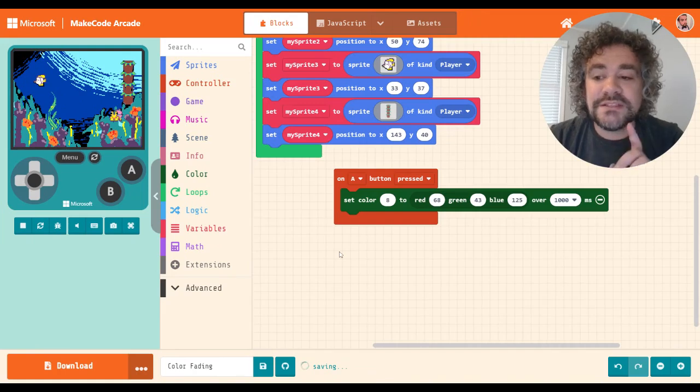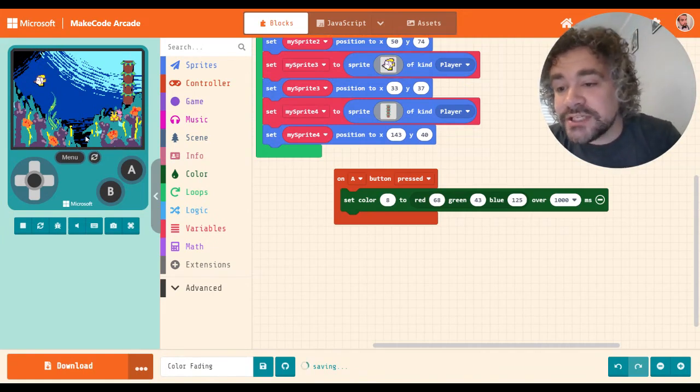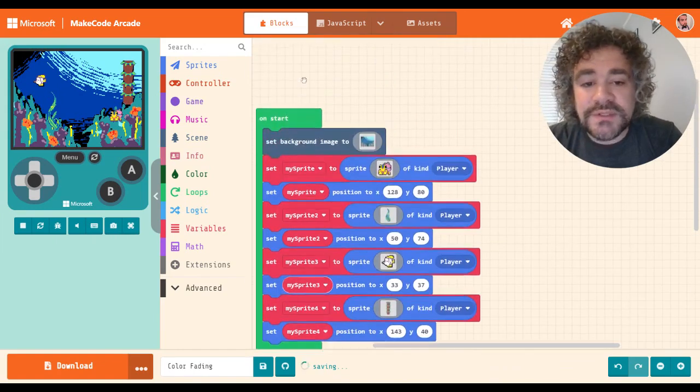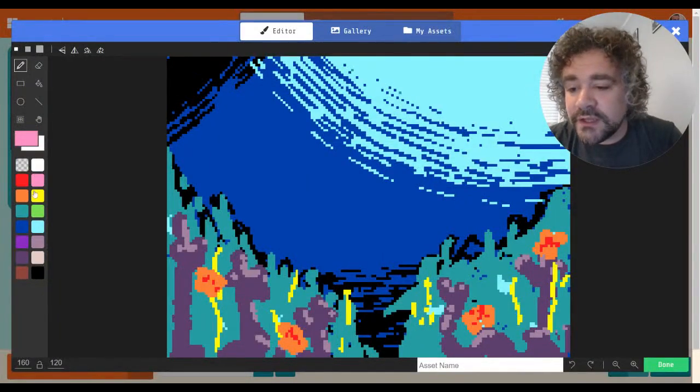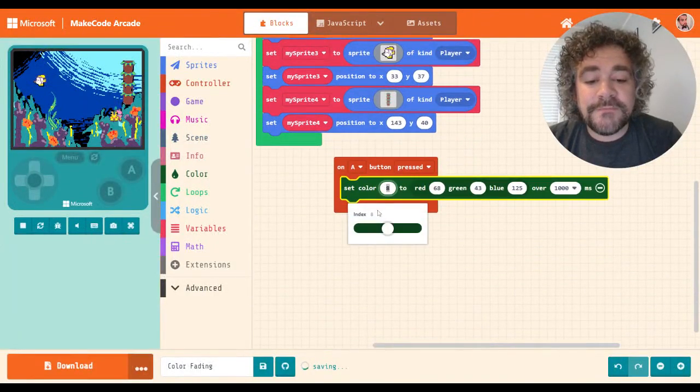Now, the one thing you have to remember is that this changes anytime in the game that color is used. So I changed the dark blue. Let's change something else. Let's change the yellow. What color was the yellow? Yellow is color number 5. Okay, so if I changed color number 5,